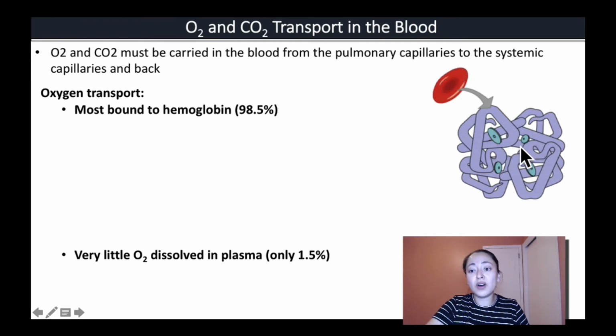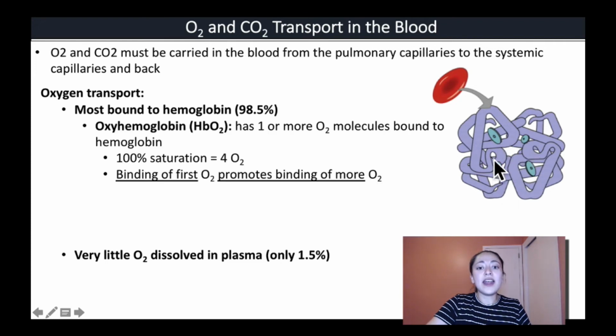Hemoglobin has 4 binding sites on it. These are called heme groups that oxygen can bind to. Anytime a hemoglobin molecule has one or more oxygen molecules bound to it, we call it oxyhemoglobin. And it would be 100% saturated if it had 4 oxygen molecules attached to it, 1 to each of the